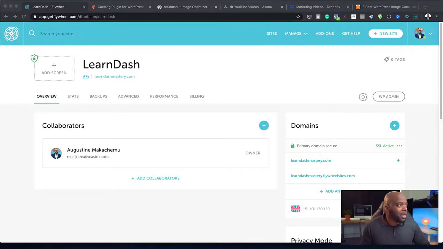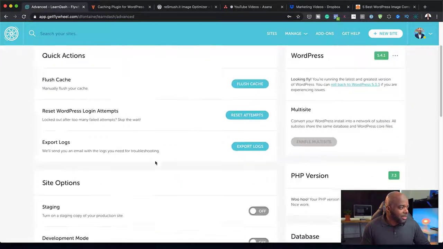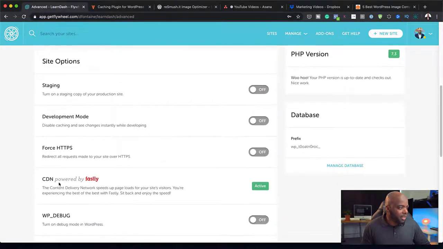So right now I'm in my admin dashboard and this is my website. So if I want to access the CDN, I'll come over here to advanced. And over here is where I just go all the way down here and find a CDN powered by Fastly. So all I have to do is to activate it and boom, that's it. With one click, it's activated, and I'm guaranteed at least one step to improving my website to make it